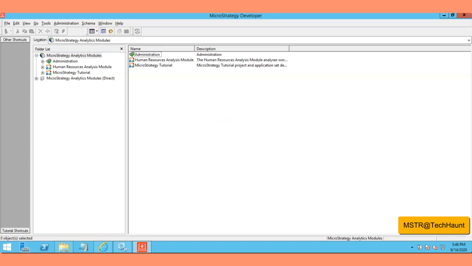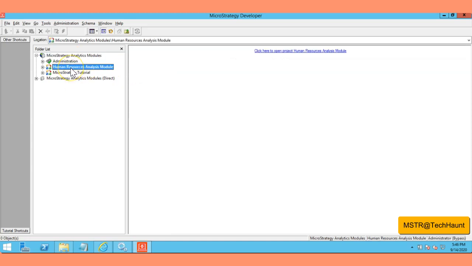So basically, MicroStrategy provides a multi-layer security model. We have the project source level, then the project level, and the object level securities. At the project source level, here you can see this is our project source, we have the users and groups, the privileges, and the security roles.